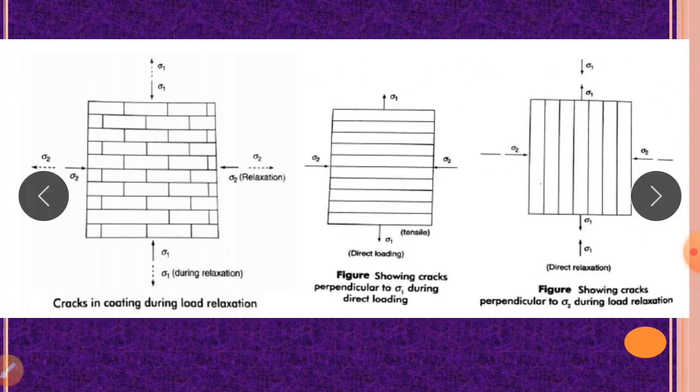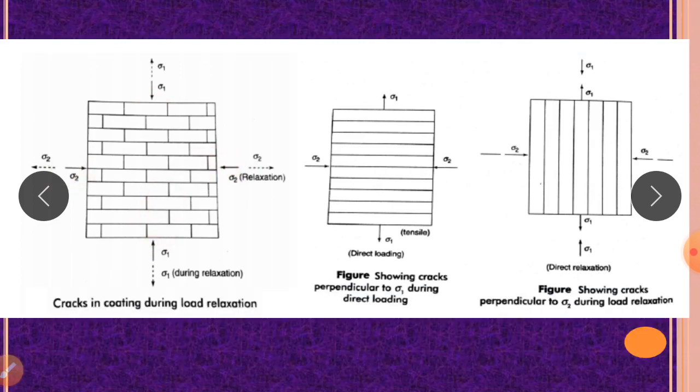So you can see here the diagram which is shown. First we will consider two conditions. One is the compressive load applied in this direction, sigma 1 and sigma 2. If you consider this as sigma 2, sigma 2 is in here and sigma 1 in this direction. And the diagram shown here is the relaxation condition. It is not under loading. How are the stresses going to be seen here? The compressive load is applied in four directions, that is sigma 1, sigma 2.